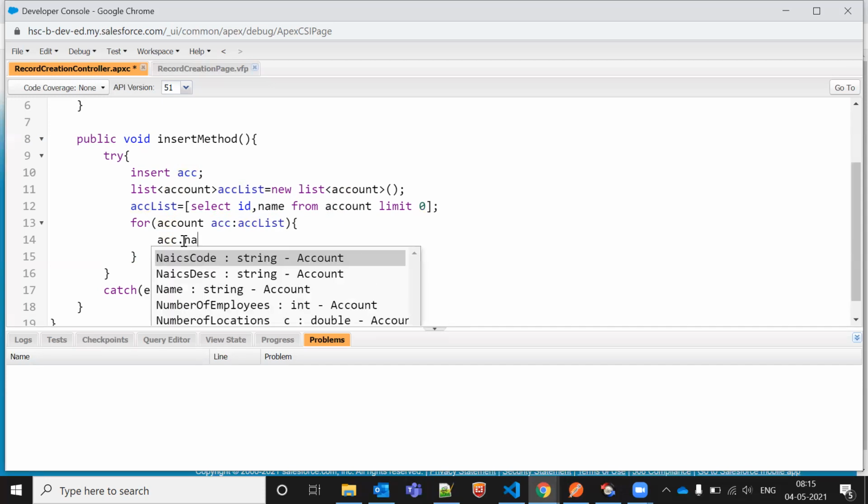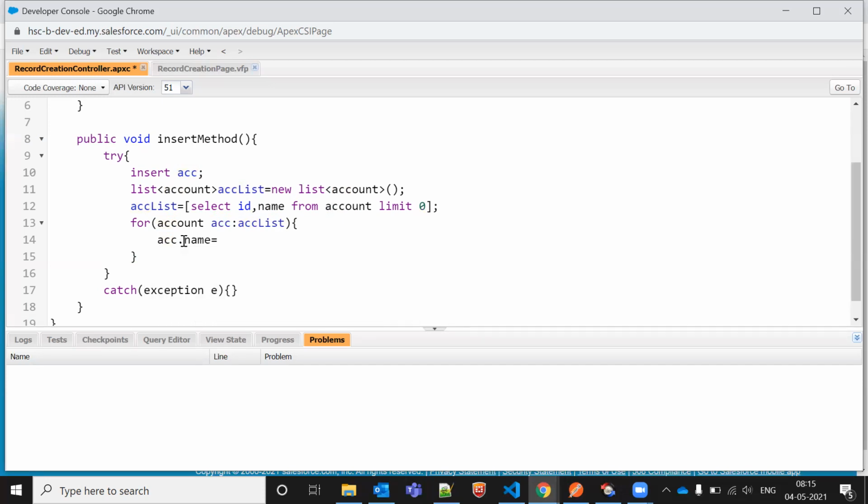So I'm saying name is equal to test, and I can say acc.name, acc.name, or else I'll do one thing. Let's create a new account inside this account. ACC is equal to new account.